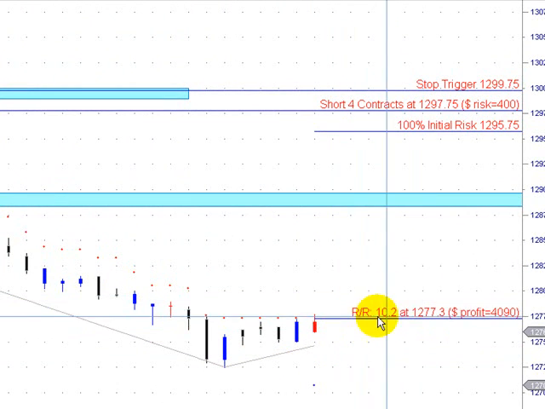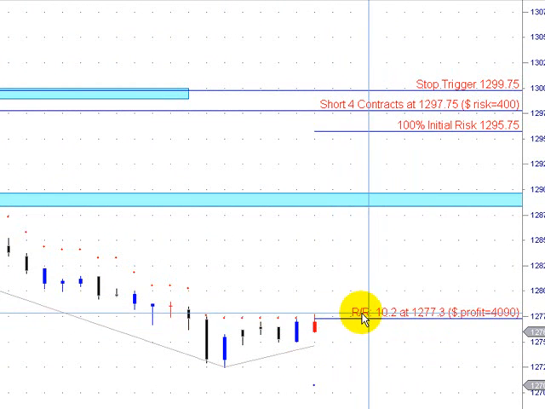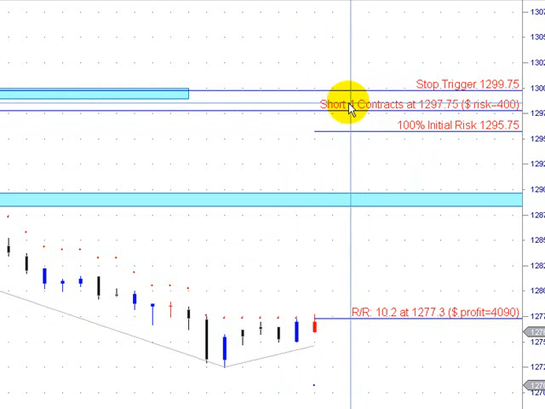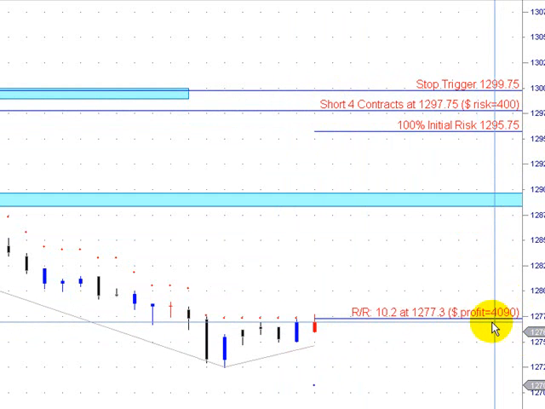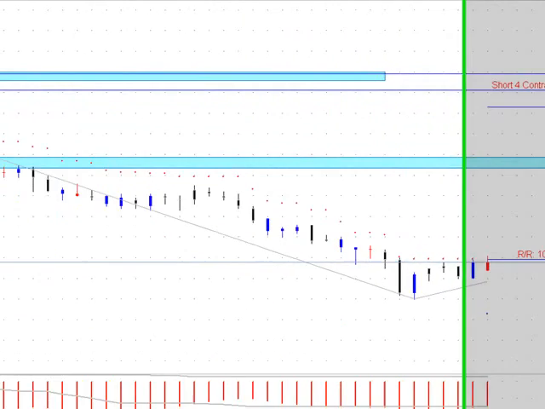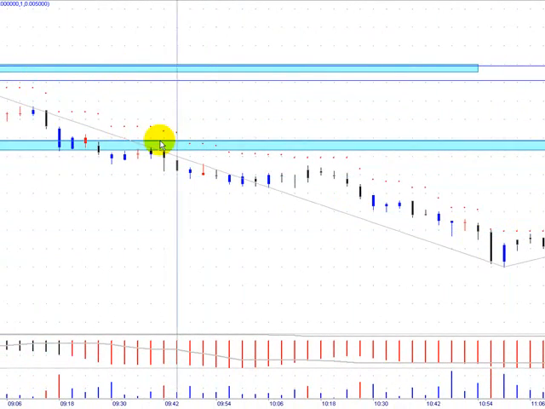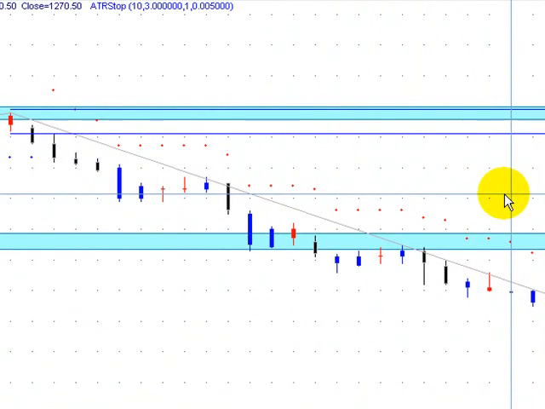So you can see it was just about a 10-to-1 risk reward that it ended up being on a sell of 4 contracts. Again, we were risking 400. In this case, we were able to take out about $4,000 before expenses. So an excellent trade there on the S&P, and showing you the rationale behind the setup